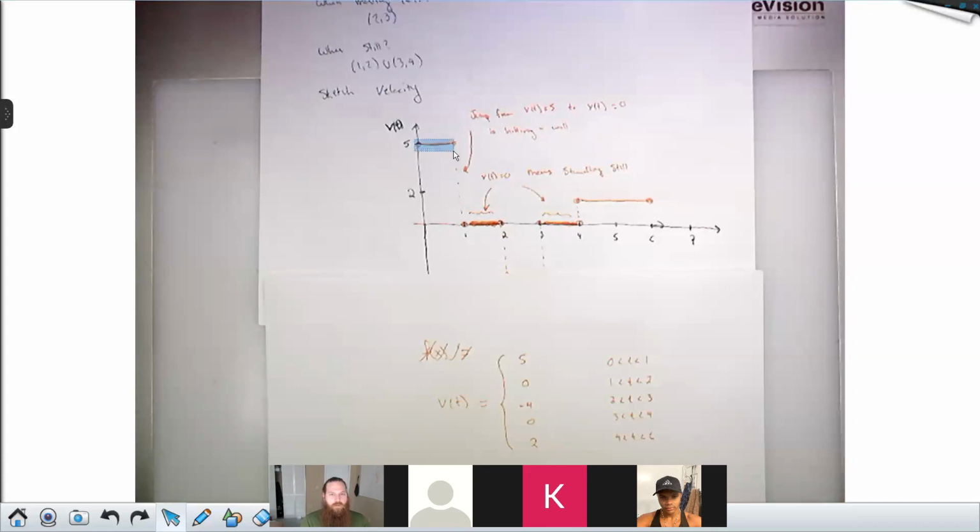So here your acceleration is 0. You're moving at the constant velocity 5 meters per second. Here your acceleration is 0. You're moving at the constant velocity 0 meters per second. But this instant change from 5 meters per second to 0 meters per second, just instantaneously there at time t equals 1, your acceleration was -infinity. And that's what kills you, right?